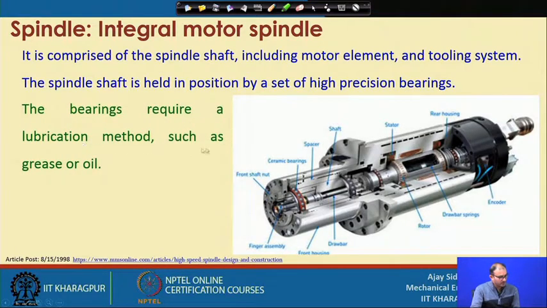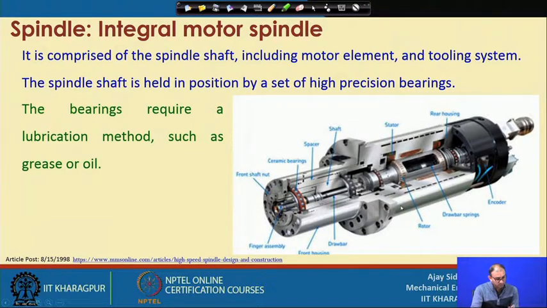So, bearings require lubrication methods such as grease and oil. Many times it is a permanent lubrication. If you put grease, at that time you do not require frequent lubrication, but for this particular type of system where you are using angular contact ball bearing or cylindrical roller bearing, at that time you have to apply oil. For applying oil, you have to provide some spacing here, some type of passage through which you can put the oil continuously or intermittently. So, there are different mechanisms, we will see some of those in one of the animations, by which you can understand in which way we can provide the lubrication.